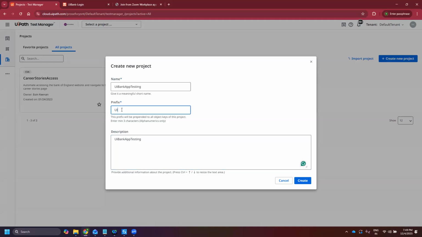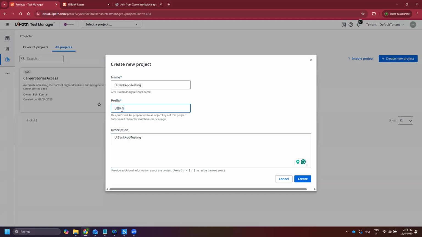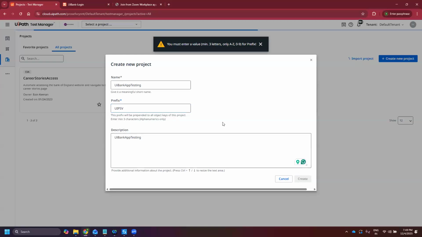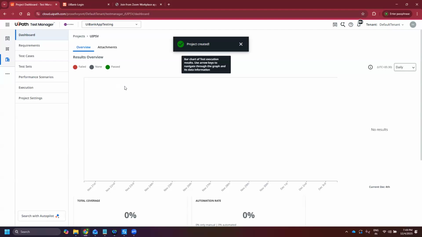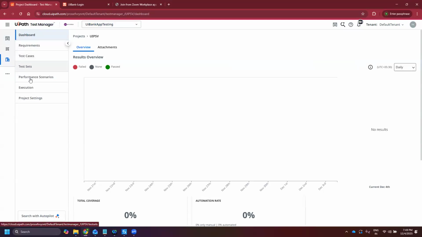So you can give a prefix as per the application. So I'm just putting UiPath. Okay, so PSV. So when we click on the create button, we see this whole window, and there are multiple tabs we have